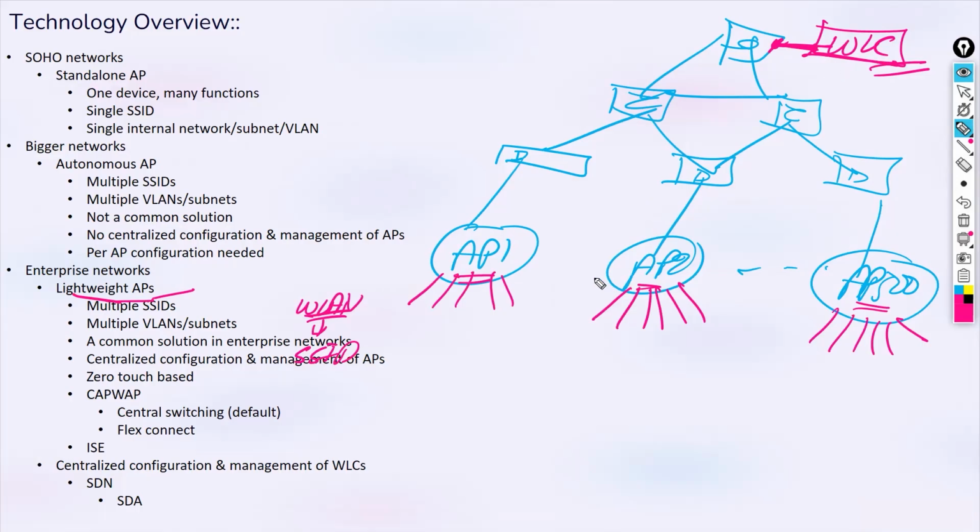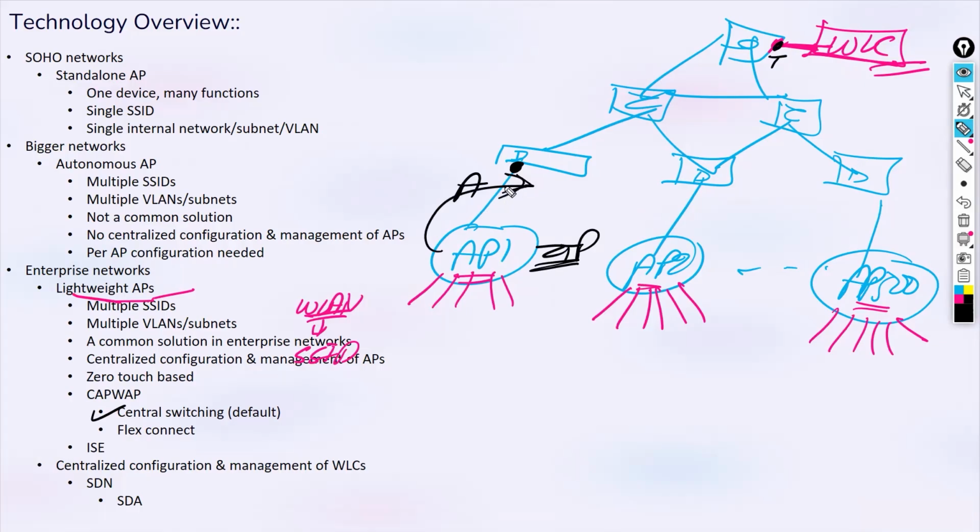All right. So I don't need to separately configure 500, 5,000 APs; that can be done from this device. And they are basically zero touch provisioned devices. You'll simply connect your APs to your distribution system, to your switch ports. And generally, we'll talk about that, this is your central switching example. So this is your access port, this is your trunk port. I'll come to that, but just understanding the architecture behind it.